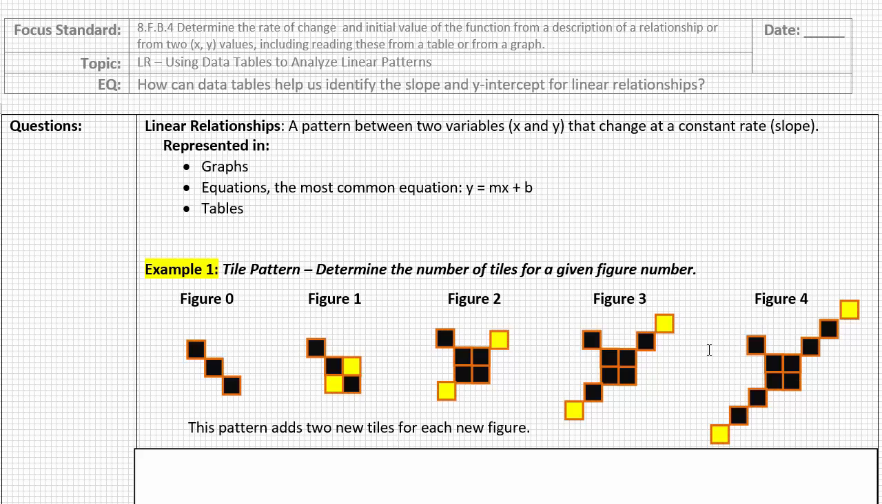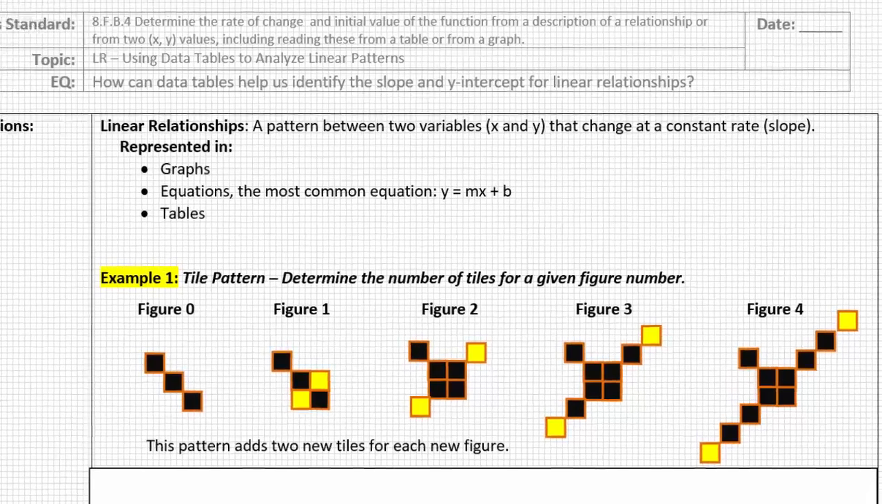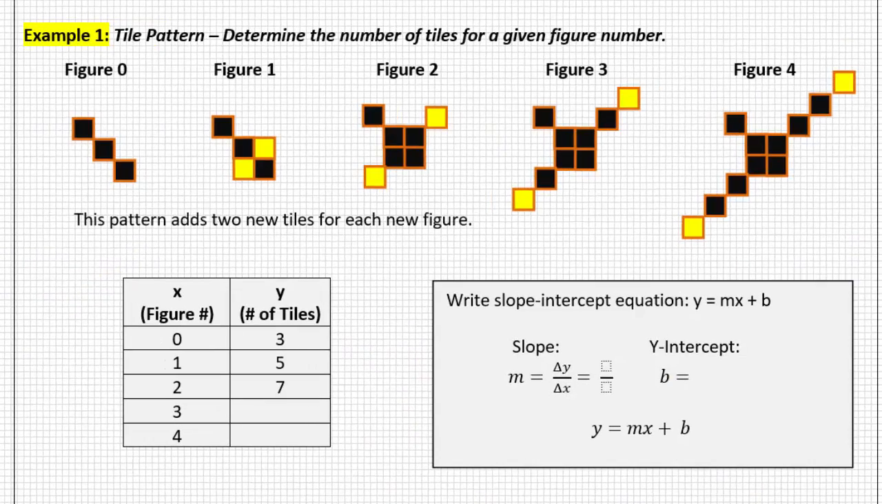So let's make a data table to represent this pattern and see if we can turn it into an equation in the form of y equals mx plus b. I've started a table, which you'll want to copy in as well. For this pattern, we're using the variable x to represent the figure number, so we have figure 0 through 4 in the x column, and we're using y to represent the number of tiles,